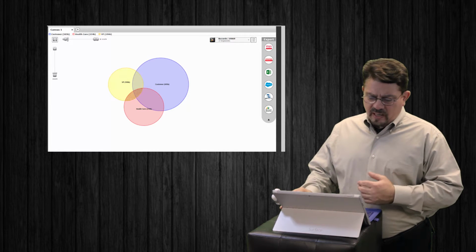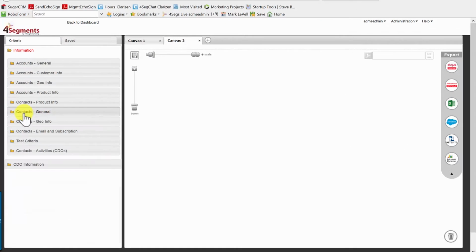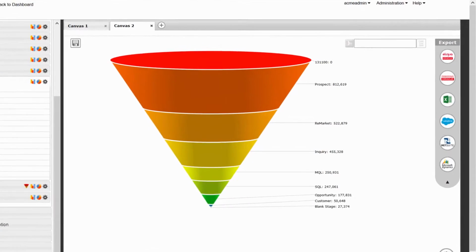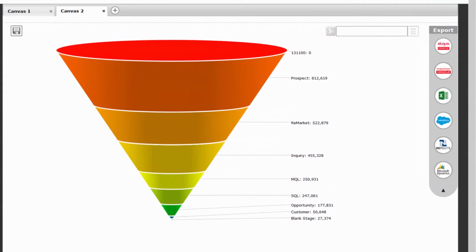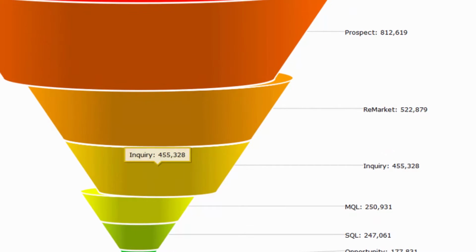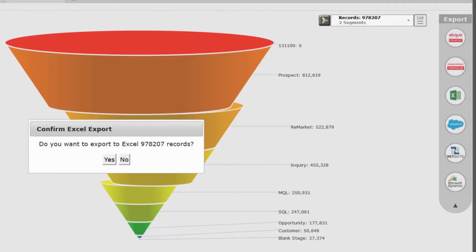So Venn diagrams, though, is not all that the 4 segments can do. I can also come down here and do an interesting thing. I can choose a funnel, and you can have funnels based on areas of the world or different product lines or different business units. And in this case, I'm going to say I want to get into the mid-funnel area, and I'm interested how many people I have in the mid-funnel. So I've chosen 2 mid-funnel stages, remarket and inquiry, and I can see that those total up to about 1 million in the mid-funnel. And I'm going to grab that, and I can drag that again right onto Eloqua, or I could turn it into a Salesforce campaign, or I could drop it onto an Excel and turn it into an Excel spreadsheet very easily.